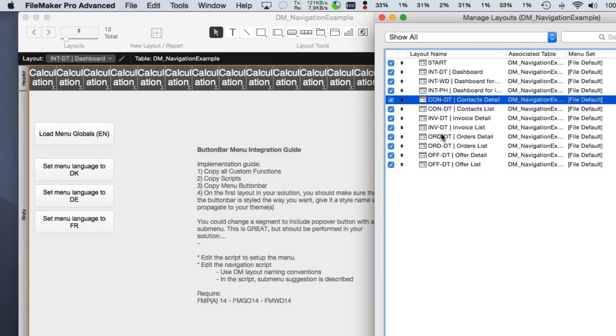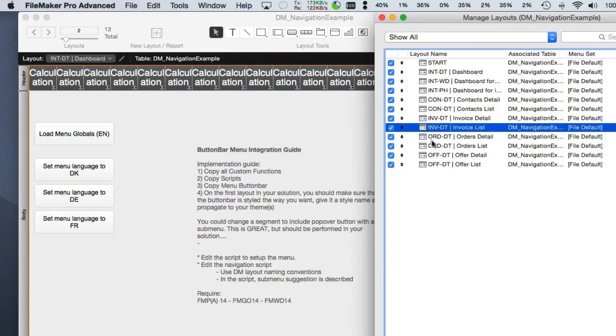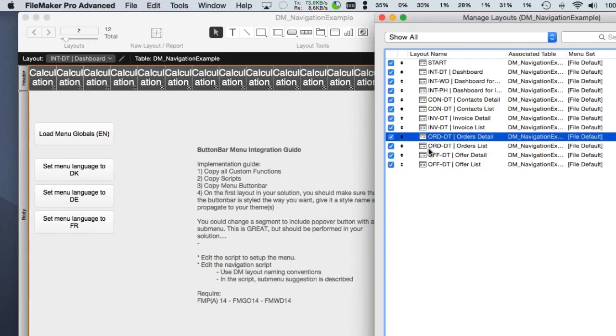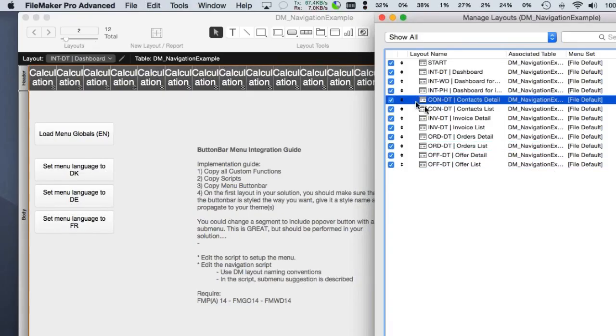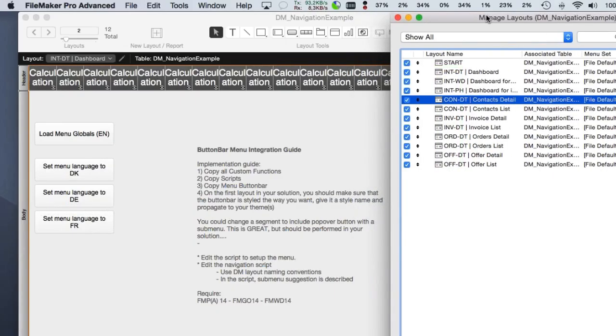But then the idea is that, of course, for the contacts, maybe you have a contacts detail layout, a contacts list layout, a contacts whatever layout, and the contacts printing layouts, print A, B, C, whatever it is. And this technique handles knowing the navigation to the right layout. I have just made it very simple here with the detail and list layout, or at least they are supposed to mimic that. And then it's also prefixed with contacts, invoice, orders, offers. So this is kind of a prerequisite in order to make this work